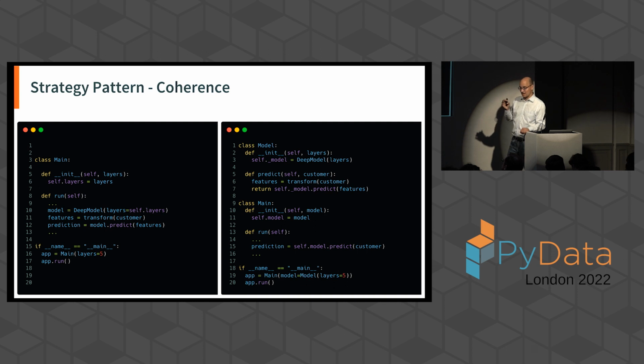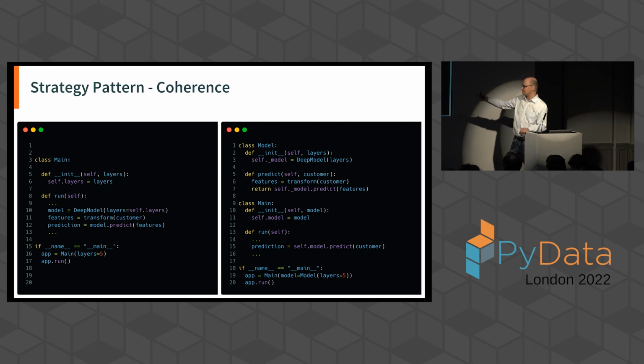The strategy pattern also has another important driving force, which is called coherence. Essentially, let's say on the left-hand side, you can see that here is a deep model which has layers, and obviously in instantiation, I specify that I need 5 layers for this model. This information that it has 5 layers is put into the constructor and then passed on in the main function to instantiate a model with 5 layers. What's the problem here? If you would like to use a different type of model that doesn't have layers, what do you need to do? You need to rewrite every place where I was